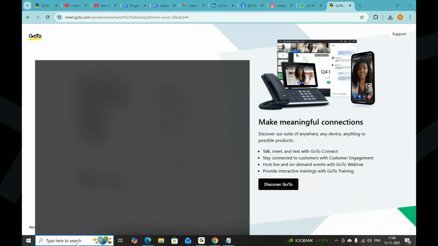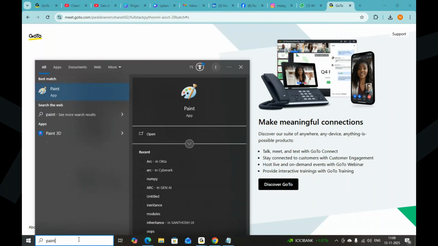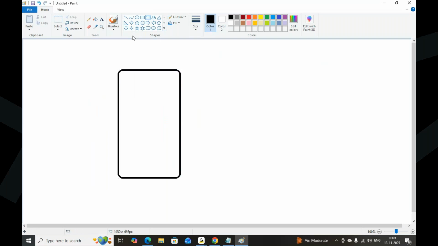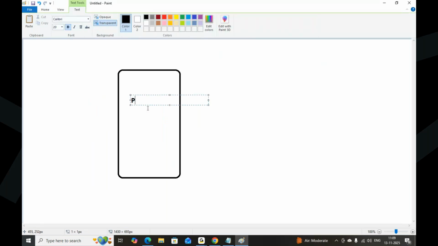Let me draw the picture of how things are going to happen with this particular full stack. Module-wise, we are done with the backend. We are done with backend programming in Python, and at the same time Python-related libraries like NumPy, pandas, and Matplotlib. So these are the things we have done so far as part of the backend. This is backend programming.